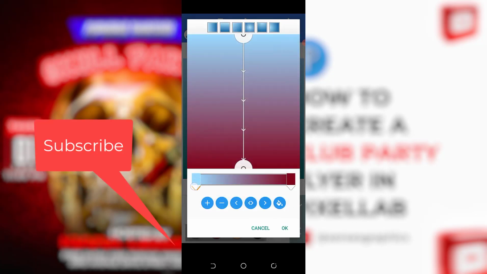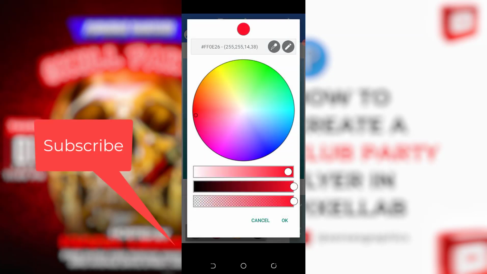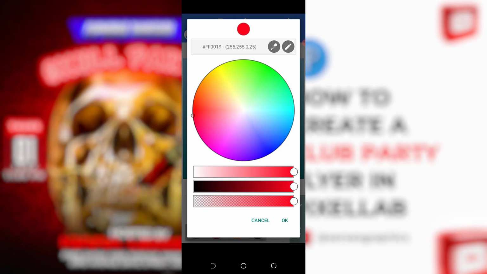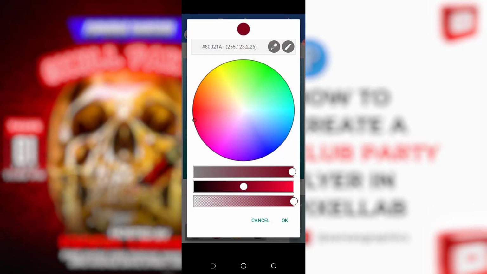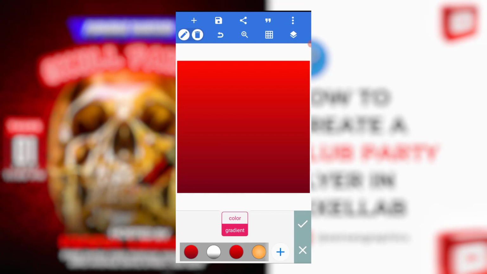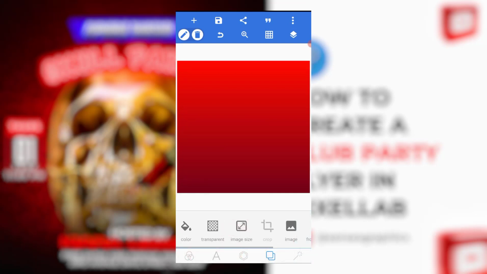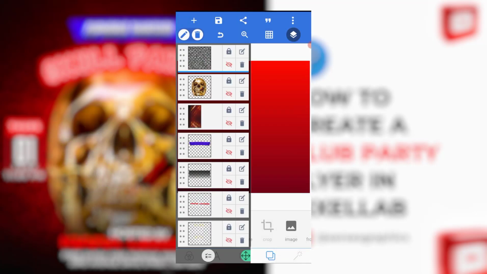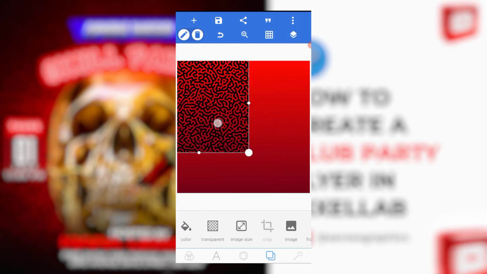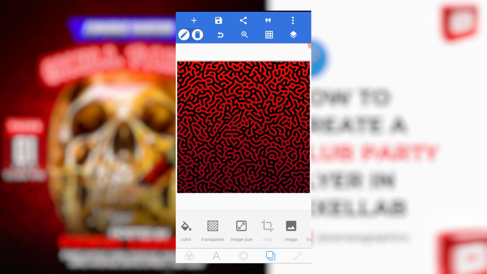So for this other one, I'll come to this one and I'll just position it. I'll just make sure it's in that area. Okay, so now that I have this one here, that's how I got my background. So the next thing I'll be doing is I'll bring in this element. Okay, now I have this element here, so I'll just position it here and